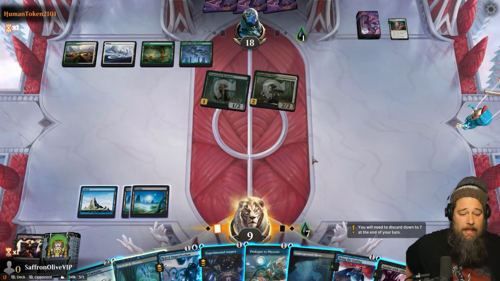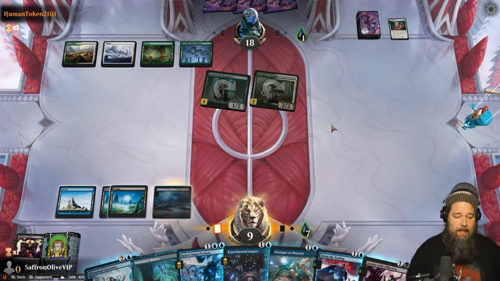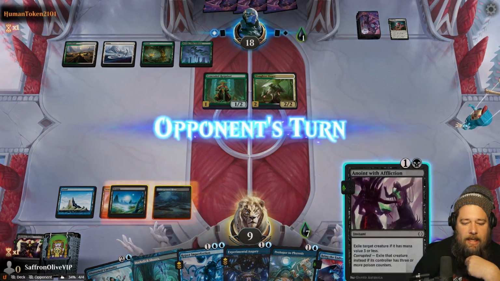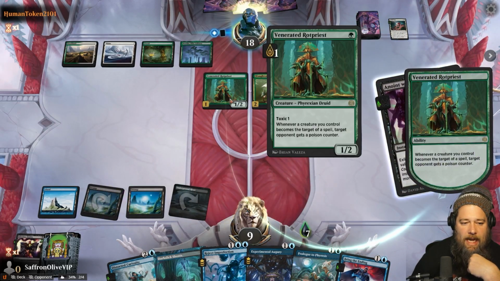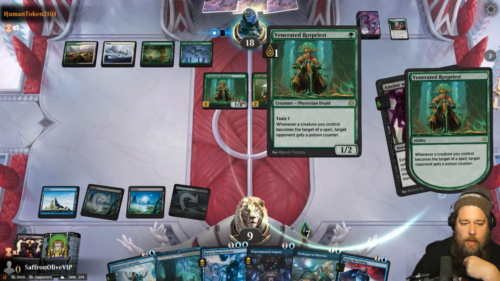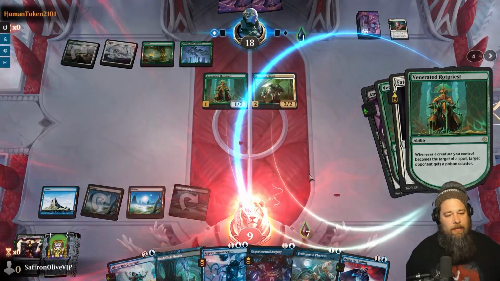Passes. Anoint with Affliction. Is that going to save us? Play the land. Well, I think we're still just dead. Pass the turn. So we can, like, Anoint with Affliction to get rid of this, but we're going to take a counter from the Rot Priest, and then we're going to go up to 9 poison. So this means we're just dead to any targeted spell, and we can't cast another removal spell. Yeah, we really